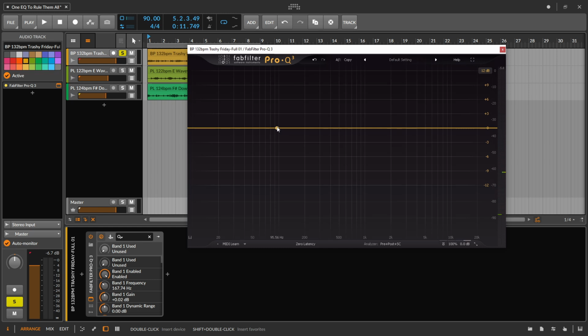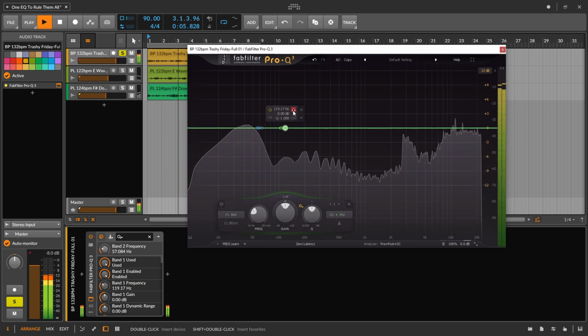So I've been complaining about mid-side in all of these other EQs that we've looked at. And mid-side works fine in that EQ Plus with Bitwig when you set up the container, but you can have this all in the Pro Q in just a couple of clicks. So I can create a band, go down here, put this into mid mode, and then I can click that little button, and now I have a mid and a side band that I can work with, and I can isolate. Let's go over to that mid band